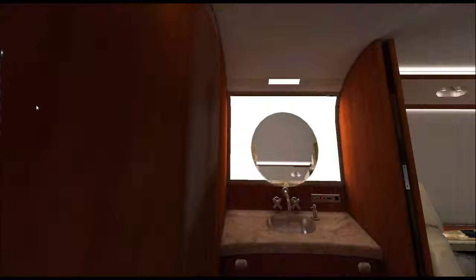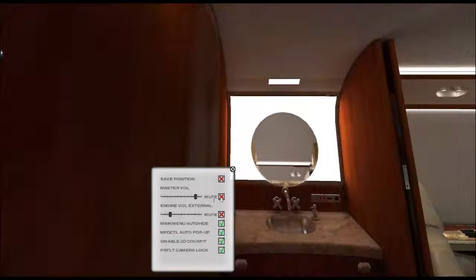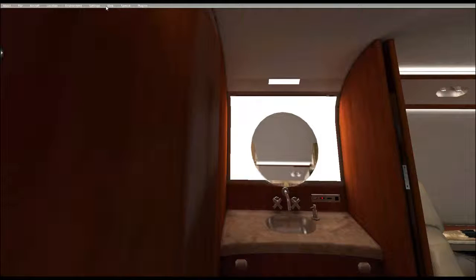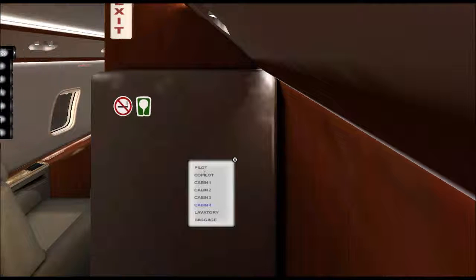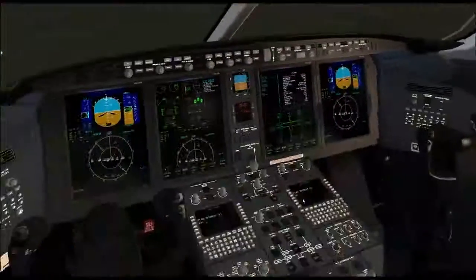Okay, what we'll do is we'll just do a fast start on the aircraft. It'll remove all the animations and stuff like that necessary to get the aircraft into a state where it's ready to taxi. Haha, that's why we had that problem. So I wonder if the audio has come back online yet. Cameras, pilot seat. So as the engines are starting up, we can just...